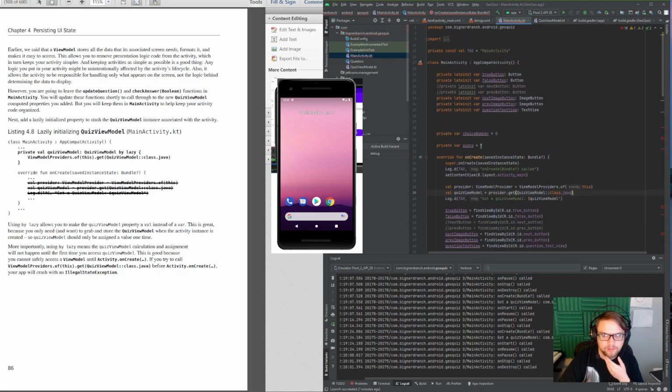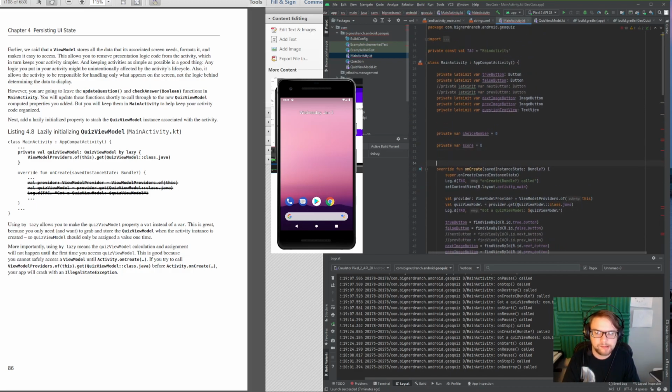Right before the override function on create, I want a private value quiz view model